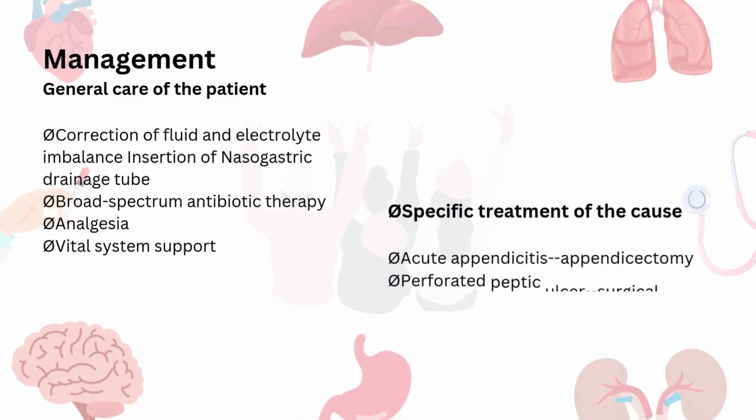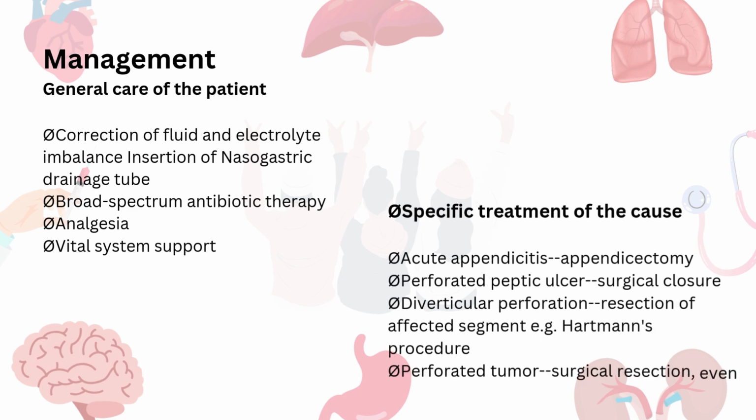The specific treatment of the cause would be the operative management. For example, if you are doing the operative management, the peritonitis might be due to appendicitis, right? So you will do the appendectomy. If it was the case of perforated peptic ulcer, you will do the surgical closure of the perforation. If there was a diverticular perforation, you will resect the affected segment, and for a perforated tumor, you will do the surgical resection of the tumor,